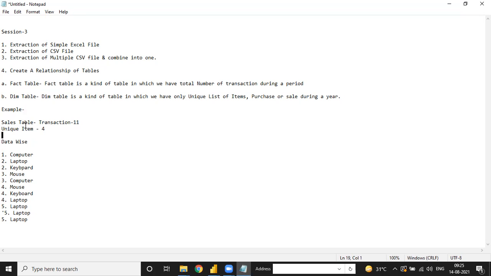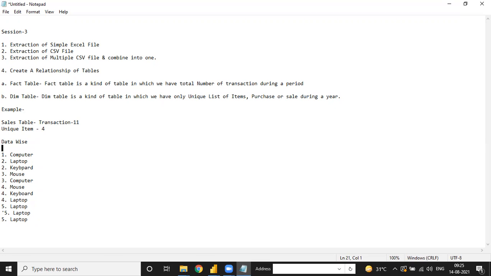Okay, so we need to connect the dim table with the fact table using the same unique value. Under the sales table we have a product column, and under the dim table we also have a product column. So we match product to product.